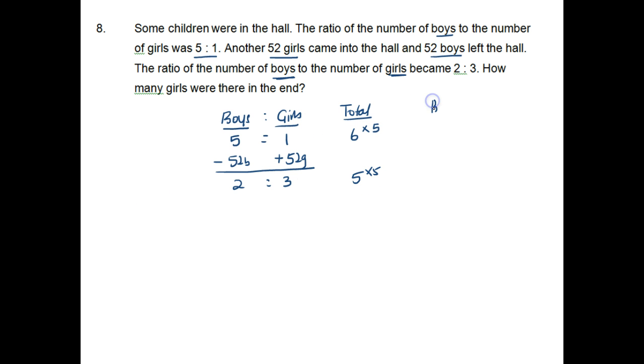So now my boys and my girls. 5 times 5 is 25. 1 times 5 is 5. Minus 52, plus 52. 2 times 5 is 10. 3 times 5 is 15. Total,